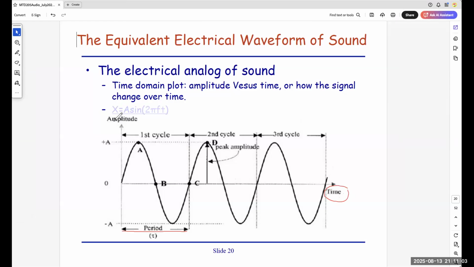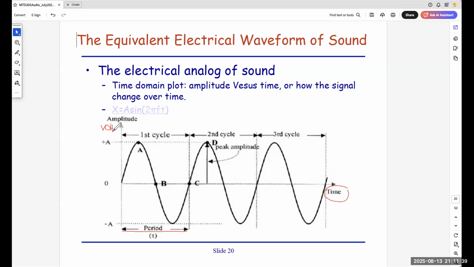Of course, the amplitude here, as you will learn later, is represented in terms of something called voltage, volt, just like your battery. AAA batteries are 1.5 volt, or those square type ones are, I think, 3 volt. So volt means the energy. Of course, we're not going into electrical. You just need to know the amplitude itself can be represented by an electrical quantity called volt.